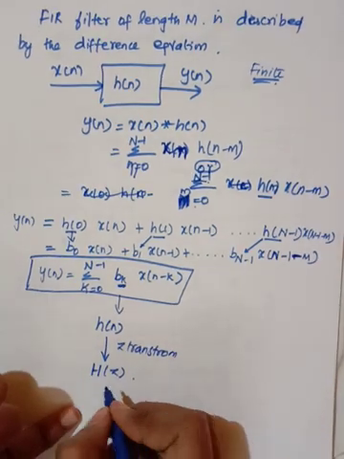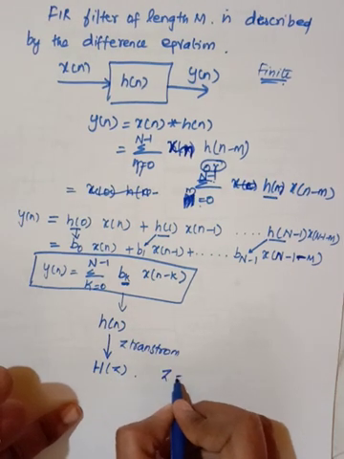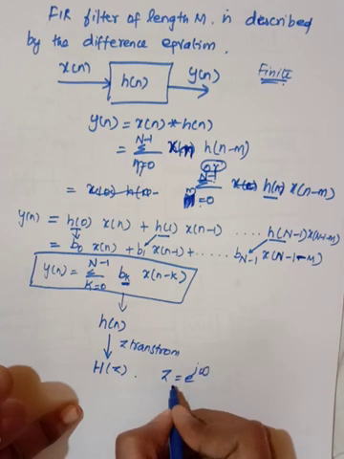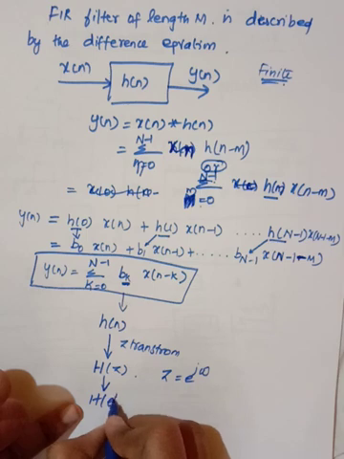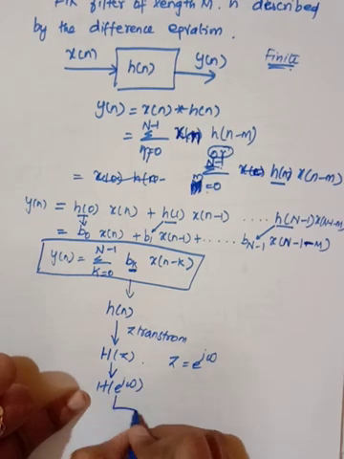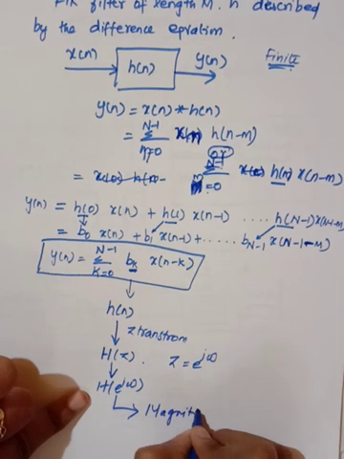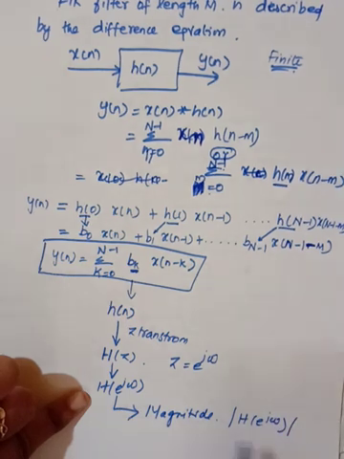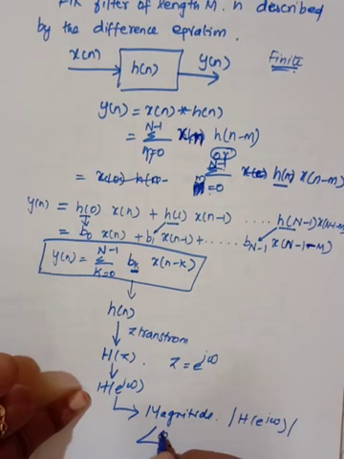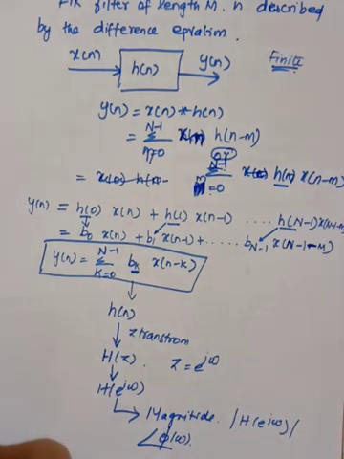Here we are going to deal with the frequency response. We have already discussed this in signals and systems. To obtain the frequency response, we need to substitute z is equal to e power j omega, and then we will obtain h of e power j omega. This frequency response will give the magnitude response of the filter and the phase response of the filter. The magnitude response is given by the magnitude of h of e power j omega, and the phase response we will obtain as the angle phi of omega.